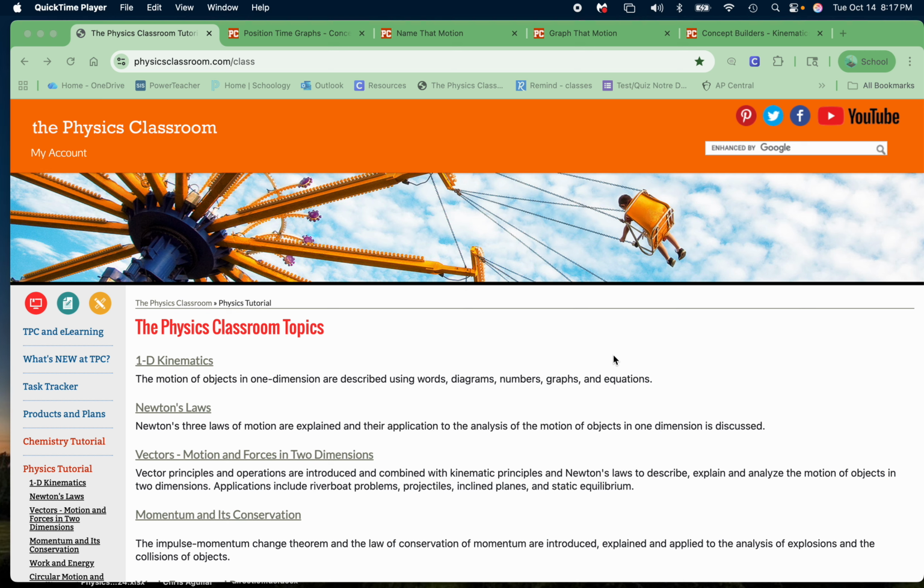I'll go through how to use The Physics Classroom, how to do the concept builders, and how to get help with them if you have questions. These are really good because they force you to understand things. I think they're great preparation for tests and quizzes, as well as demonstrating understanding, because